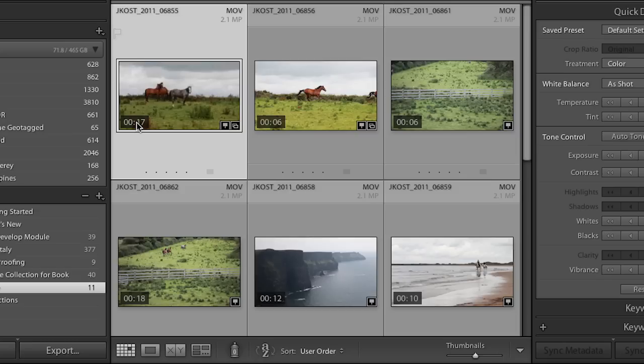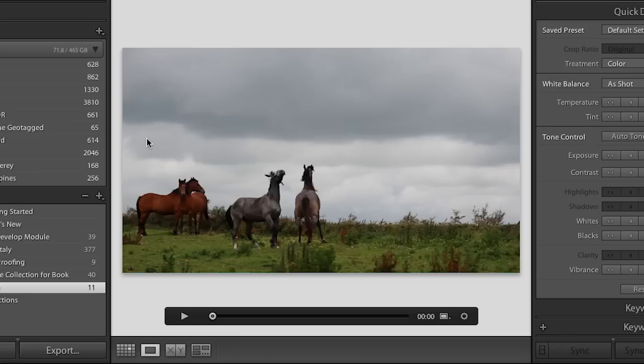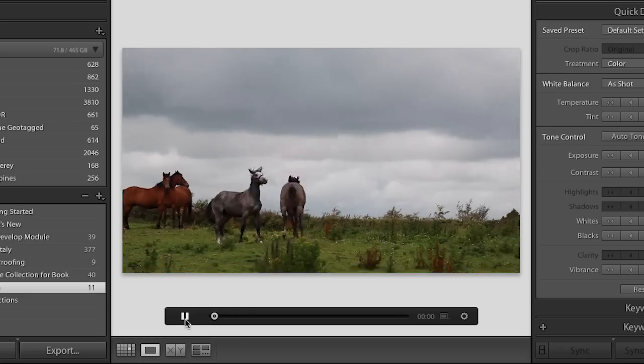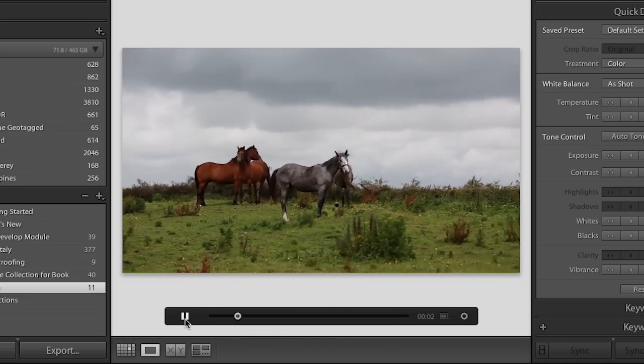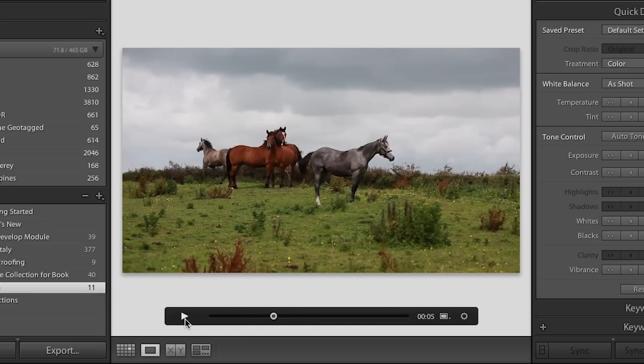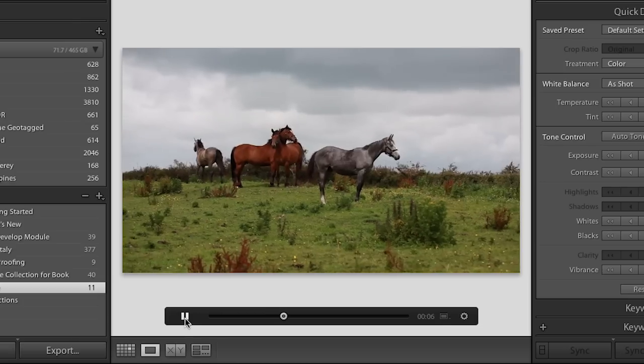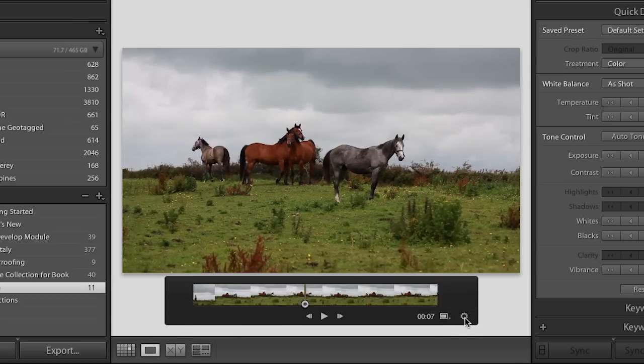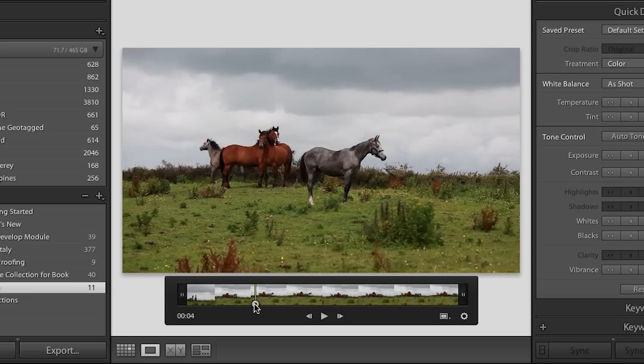In order to watch the video inside of Lightroom, we can either double-click or tap the E key to go to loupe view. Here we can click on the play button in order to play the video, or we can use the space bar. We can also use the space bar to stop, and then the space bar to start again. All right, let's go ahead and click this gear icon, and that's going to enable us to see where we are in time. So this is our current time indicator,